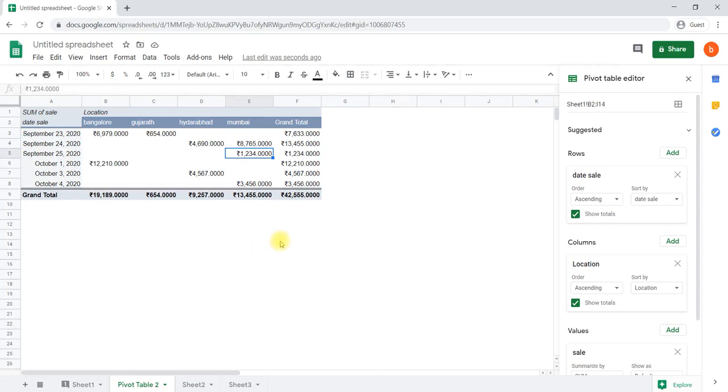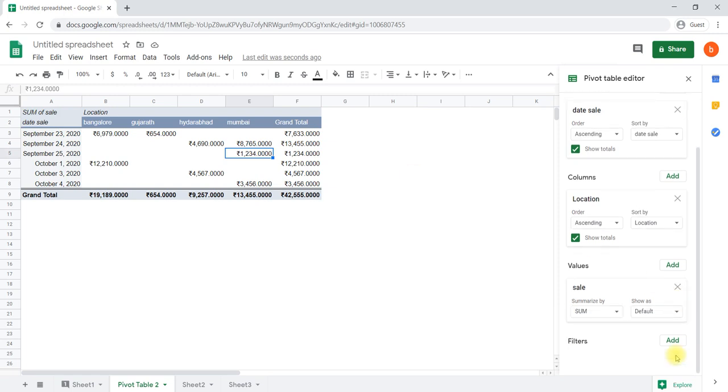In the previous video, we learned how to insert a pivot table. Now we are going to learn about inserting a slicer. A slicer is nothing but a filter tab. It will look good when you insert a slicer instead of using the filter option. You can use the filter option also. The slicer is one more tool which was recently introduced.